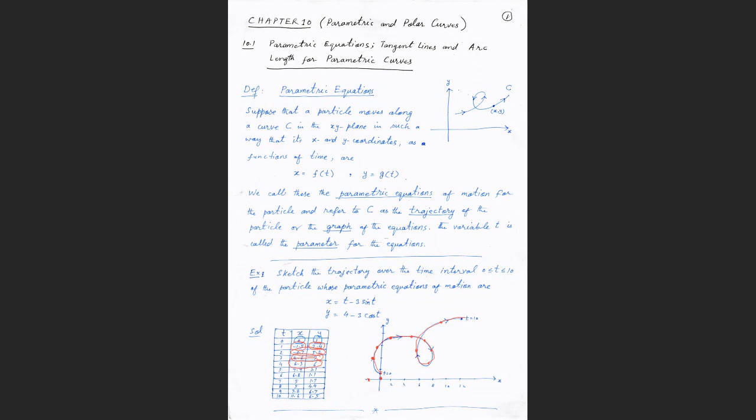Now you have to find the trajectory. So how can you find the trajectory? From the first point till the end point you have to move. So from the first point it is moving like this one. It is moving like this one. So this is the graph. Okay, is this clear? Okay, good.